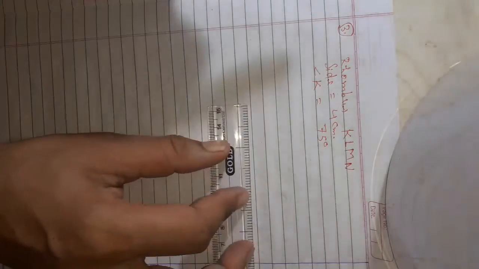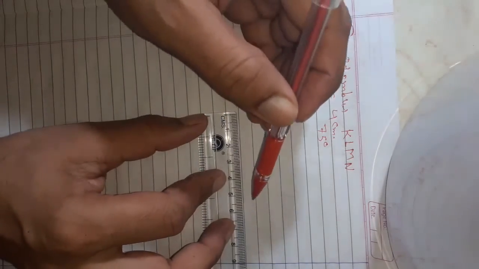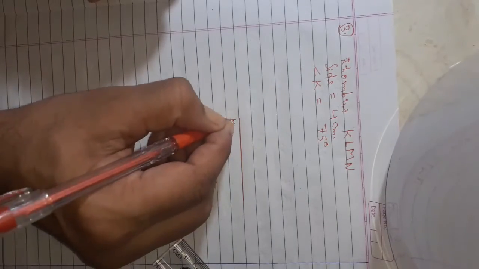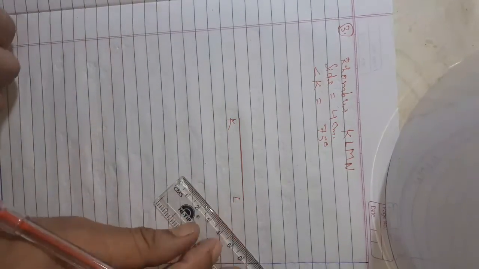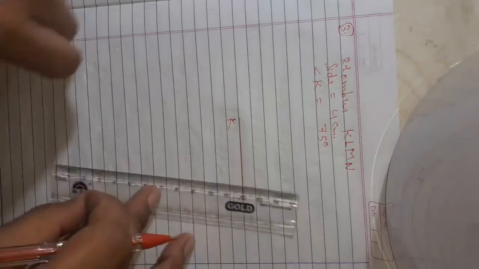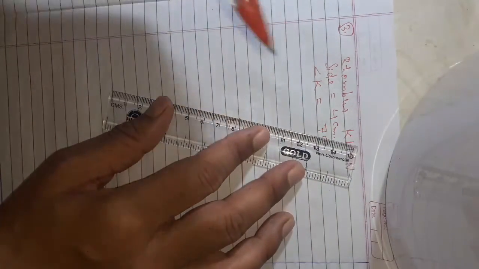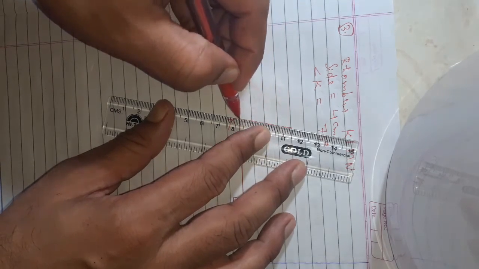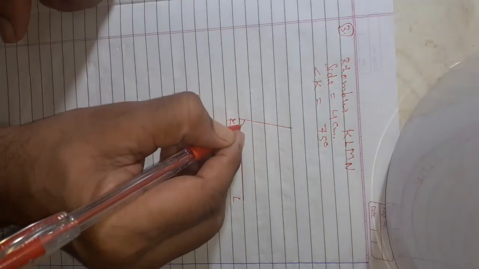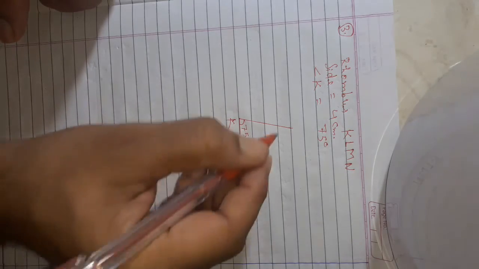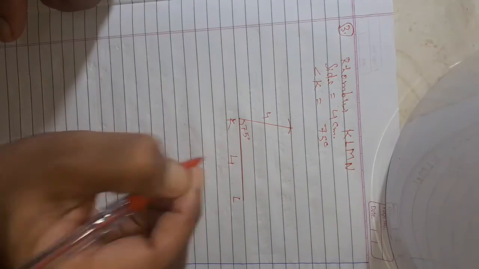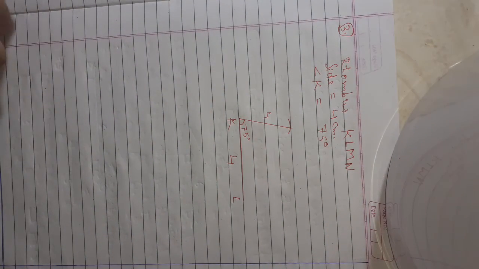So first I am making a rough figure. Here first of all you draw a 4 centimeter line. Okay, so draw the rough figure. This will be KL. Now this angle K is equal to 75 degree. Then you draw here 75 degree. Okay, this will be 75 degree. You cut from here also 4 centimeter, because here was 4 centimeter. All sides should be equal, so it should be 4 centimeter.